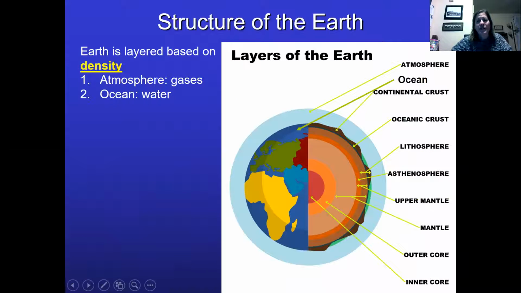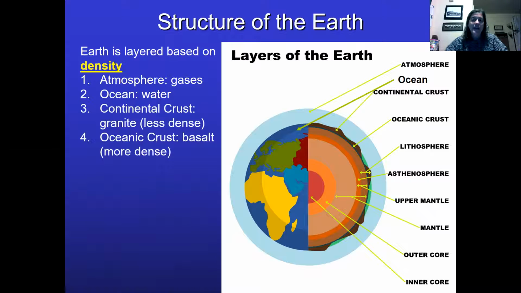So the structure of the Earth, you have to realize that the Earth is actually organized by density. With the least dense, the atmosphere is on top, and that's made out of gases. And then you have the ocean, which is made out of water. And then there's two different types of crust. The continental crust is less dense than the oceanic crust, and that's based on the types of minerals you find